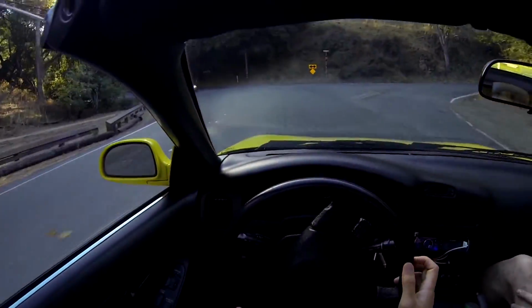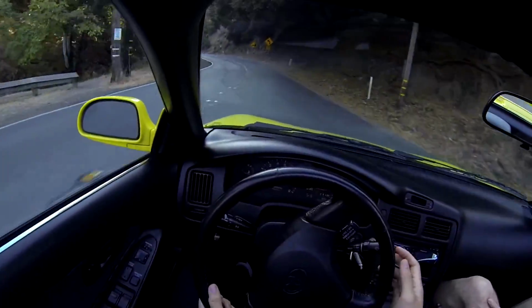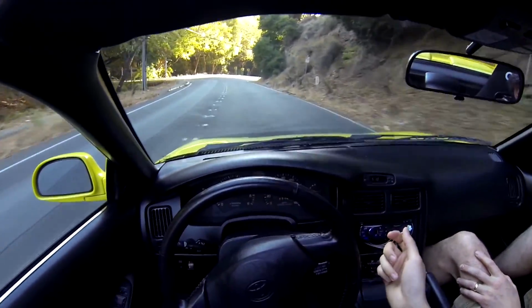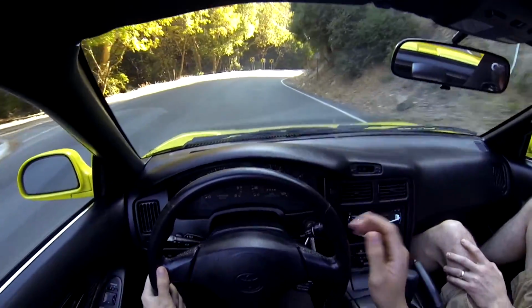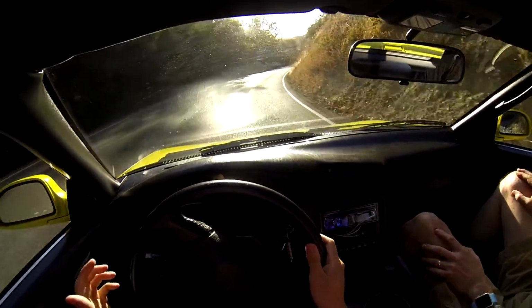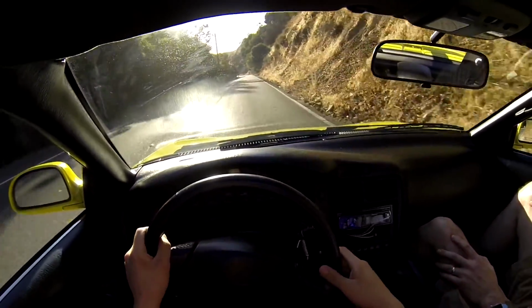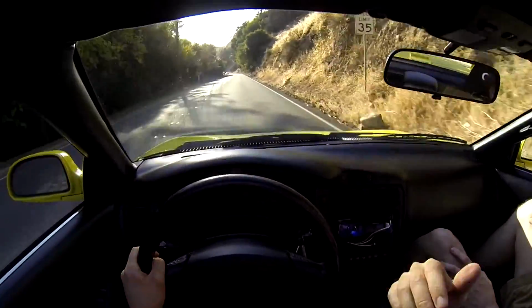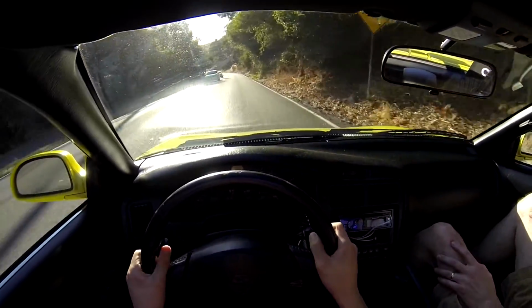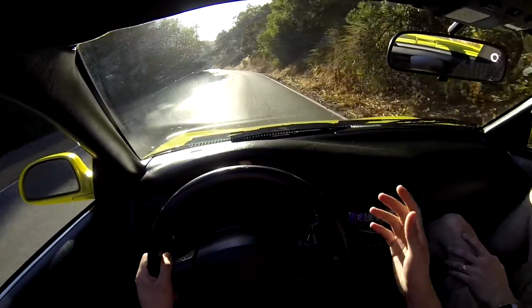So the thing with MR2s that everyone complains about is when you do push it to the very limit, it does tend to snap oversteer, meaning if you let off the throttle a little bit mid-corner too aggressively, then the rear will tend to come out, and it's harder to catch compared to something with a front engine rear drive layout. Since the rear is heavier here, once it swings out, you really have to be quick to react to that and countersteer. Obviously, I'm not going